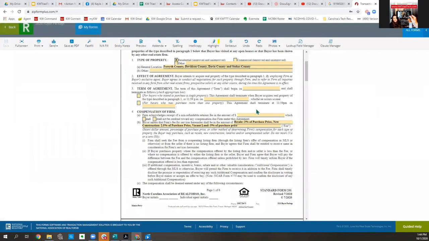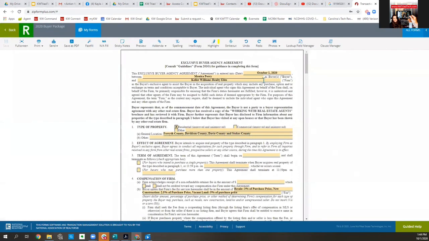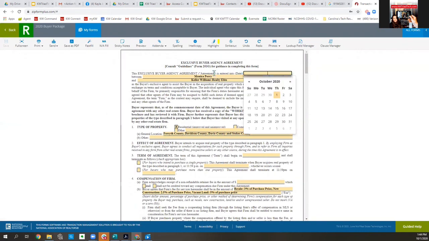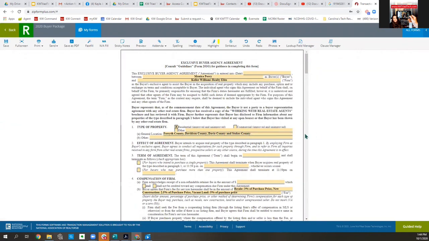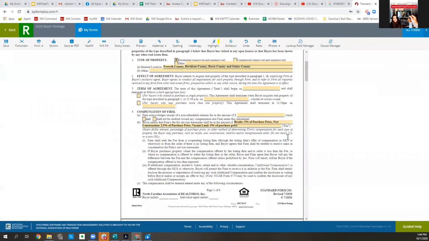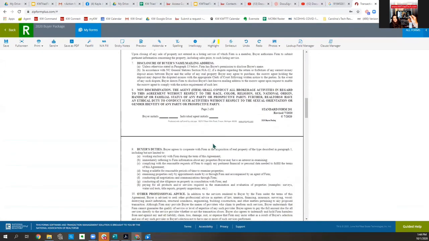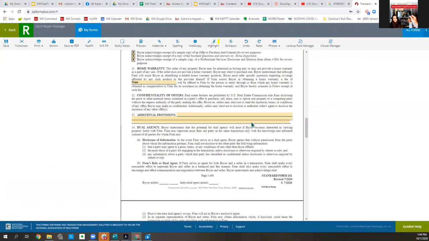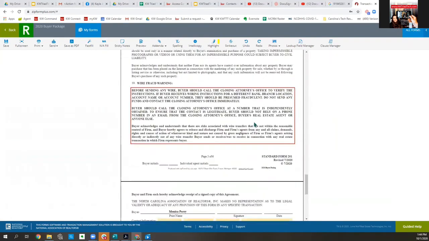And with our buyer agency agreement, you wouldn't have the date in here, but if you were looking at the template, I would always want it to be Monica Perry. I would always want it to be Keller Williams Realty Elite. I really don't work anywhere outside of those counties, so under most circumstances, this would work just fine for me. Of course, there are some buyer-specific things, but this is always what I put for my compensation of firm. And as I scroll through, you can see everything is set up for me,